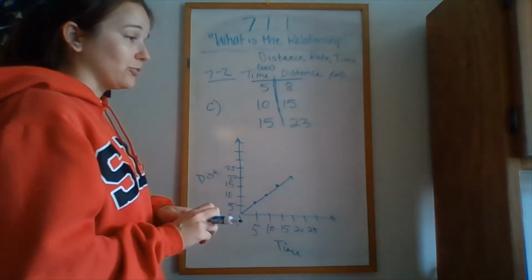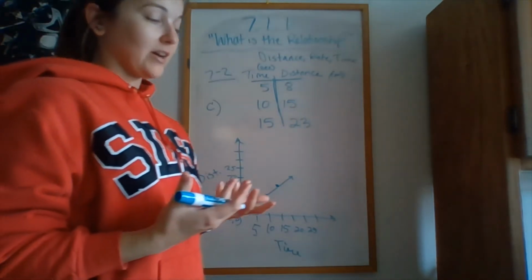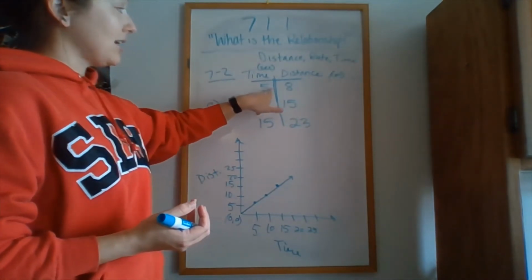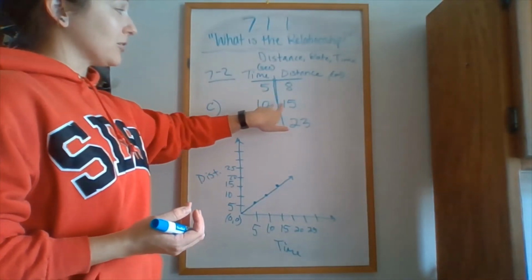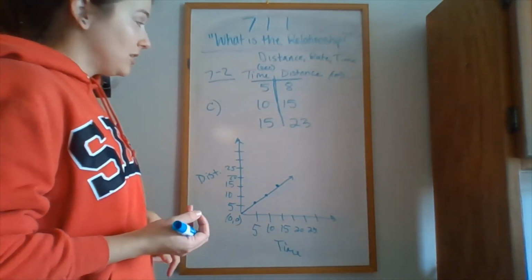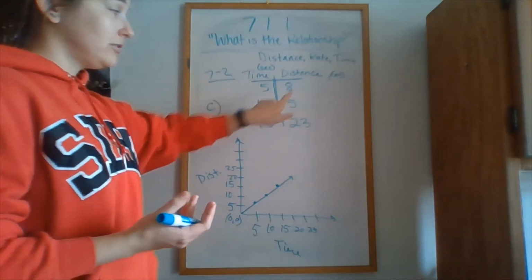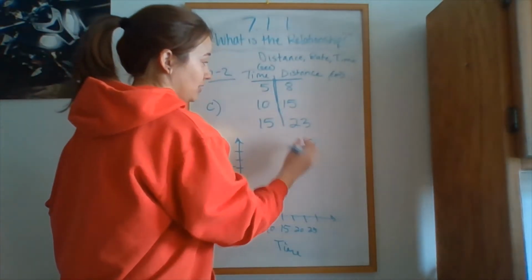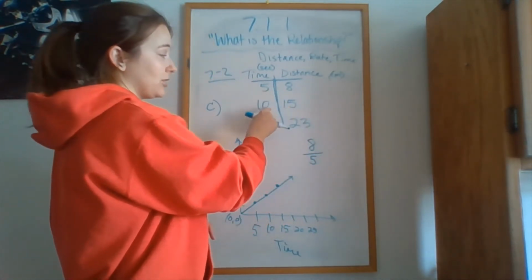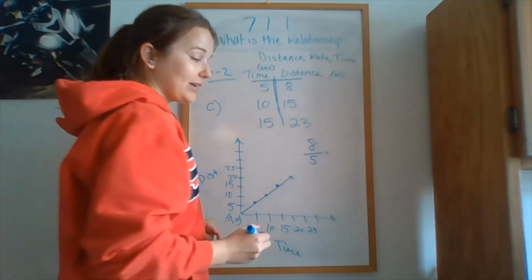So what you want to do when you're calculating, I tried to find the unit rate, because the unit rate is what you multiply this by to get that number, and this number to get that number, and it's going to be the same one every time. So to find the unit rate, you take this Y value, which is 8, and you divide it by the X value, which is 5. And you could do that for this one and this one and this one, but I just chose 8 and 5. So if you divide 8 divided by 5,